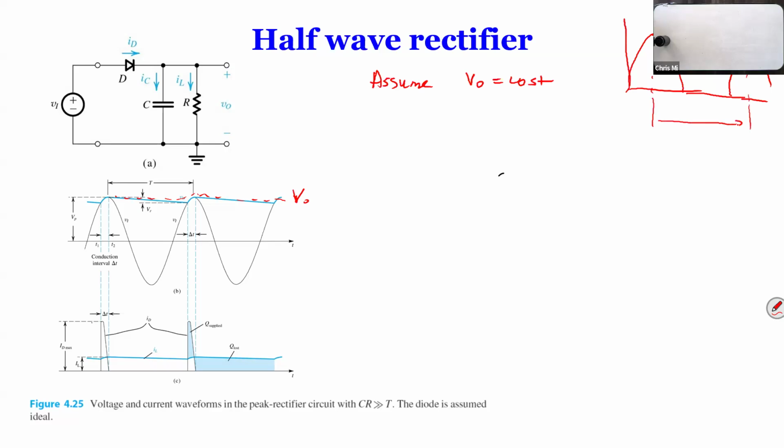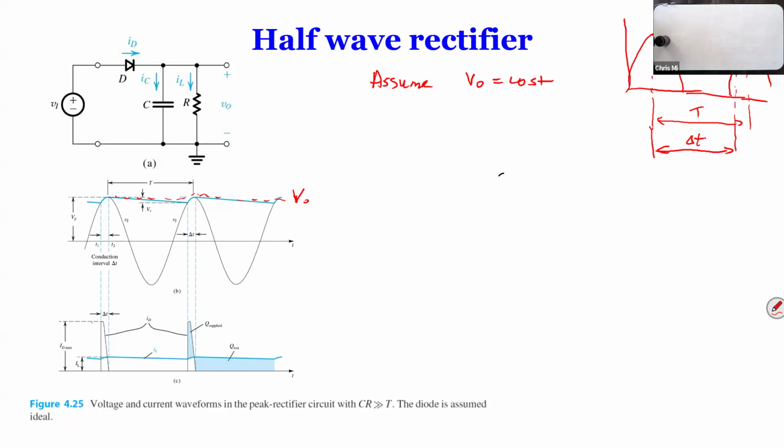Now thinking that between these two peaks, the period of the waveform is T, from one peak to another peak. If you do a full wave rectifier, it's going to be half T because you get one half sine wave, another half sine wave flipped. So if we look at it from this peak to the next peak, the total time is T. During this time, of course, it's not exactly to the peak. It's actually coming to this point. Okay, so this is the time. Let's call it delta t. So during that delta t,